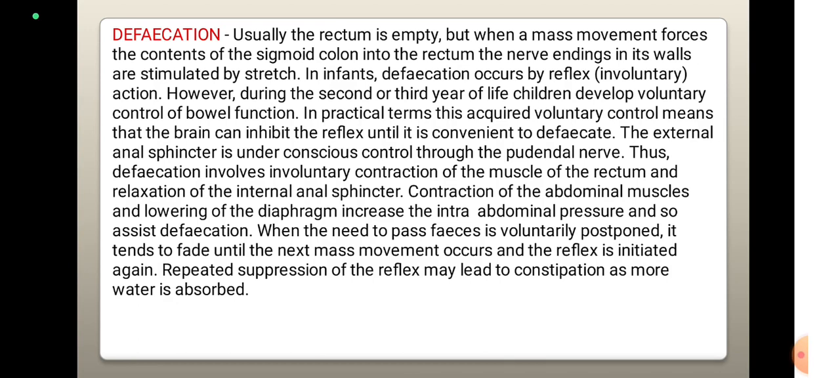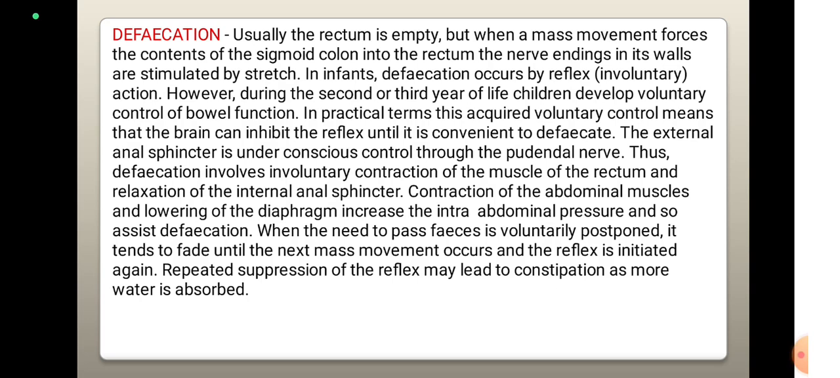Defecation. Usually, the rectum is empty, but when a mass movement forces the contents of the sigmoid colon into the rectum, the nerve endings in its walls are stimulated by stretch. In infants, defecation occurs by reflex, meaning involuntary action. However, during the second or third year, children develop voluntary control of bowel function. In practical terms, this acquired voluntary control means that the brain can inhibit the reflex until it is convenient